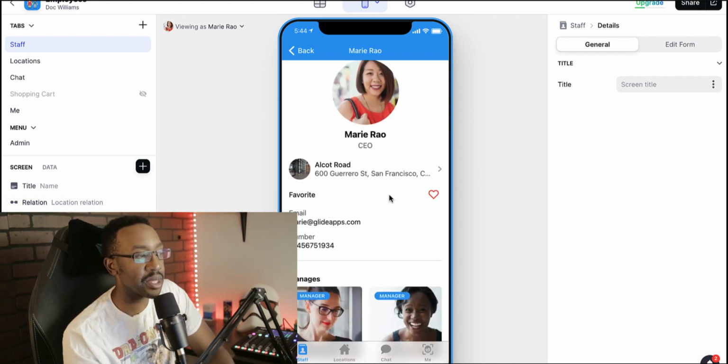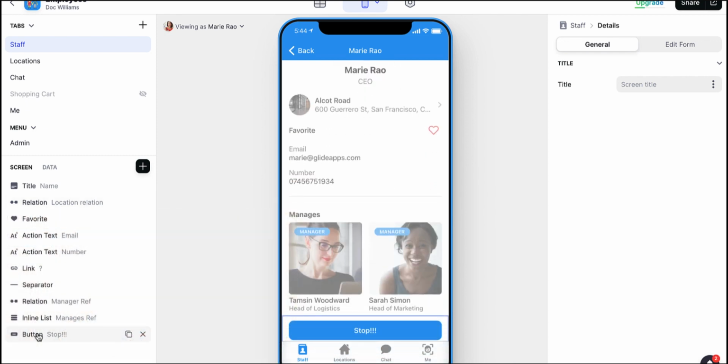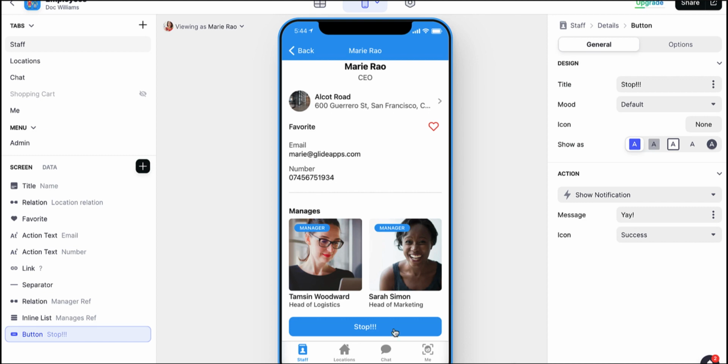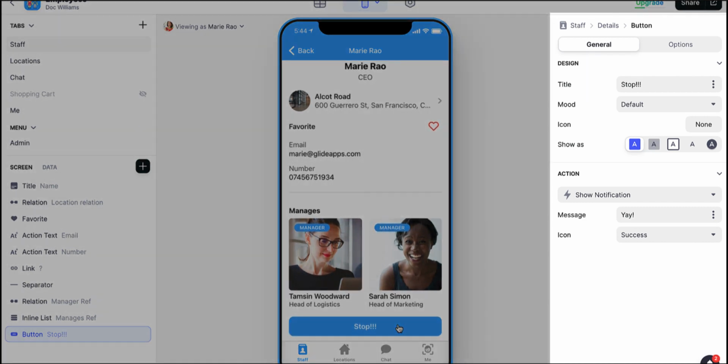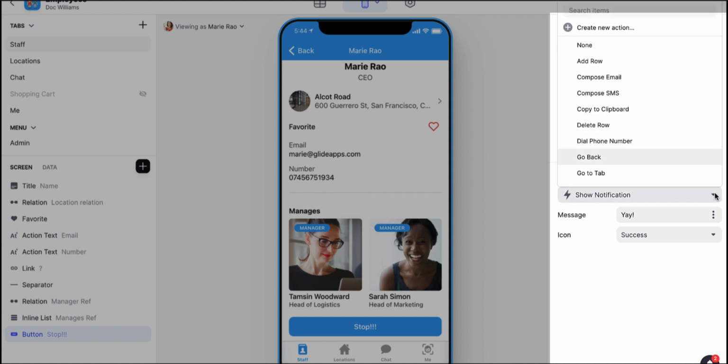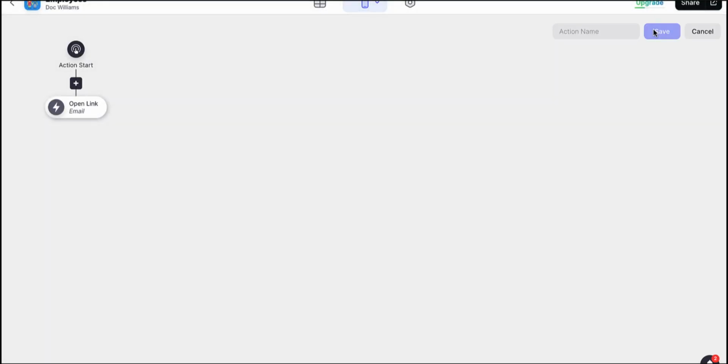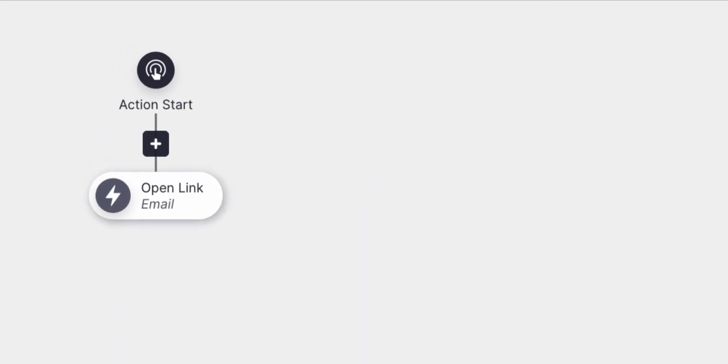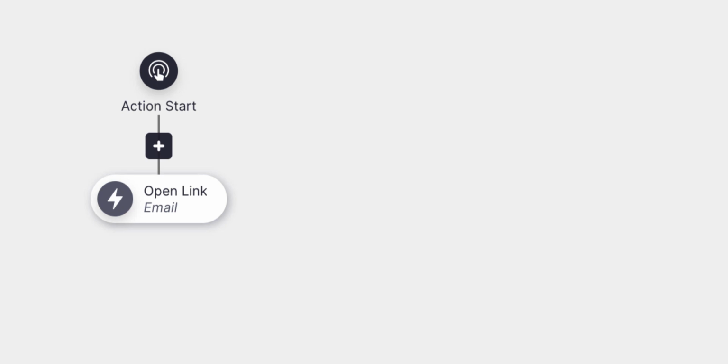Also to note, another thing that I really like about Glide, when you're using certain buttons, you can have a workflow right here where it says add new action, and now you can create a workflow based on the different action that you want for that button. You can be adding rows, you can be changing the database in just a few clicks. It does a lot of the hard work for you.